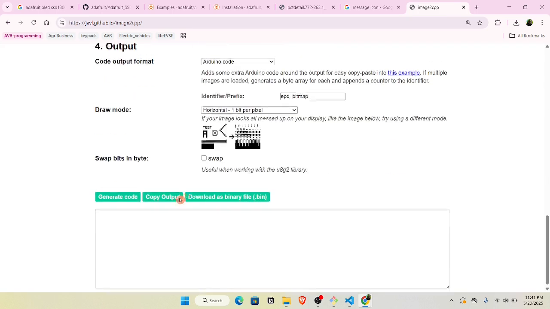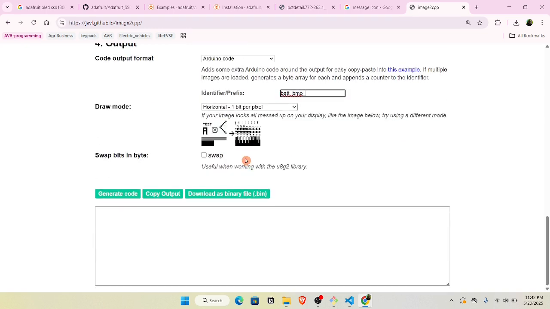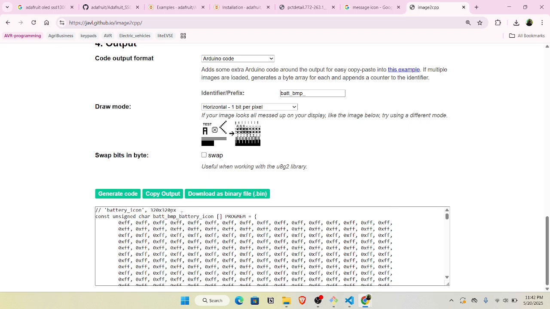So from there we want the code output format as Arduino code, and then identifier prefix, we want to say this is battery BMP underscore generate. Cool. So you see it gives us that BMP battery icon. So what you do, you copy this, copy the output,